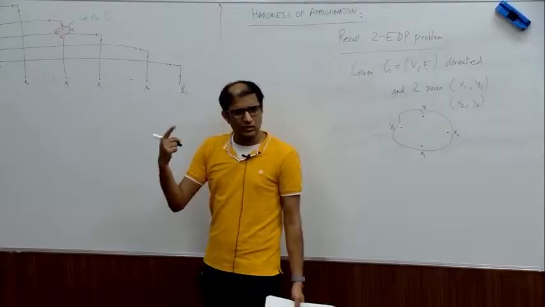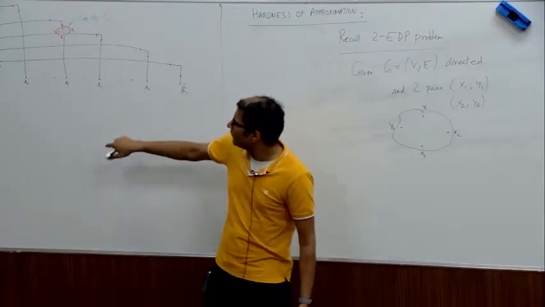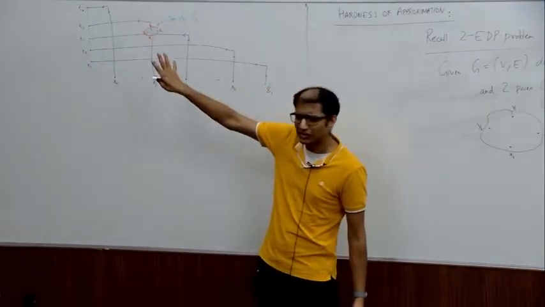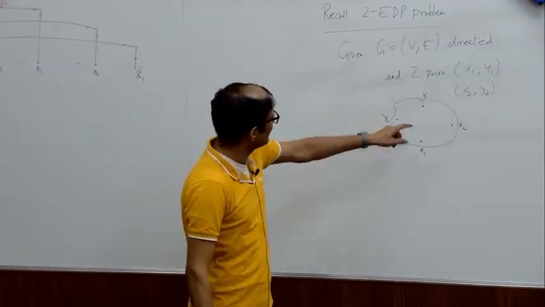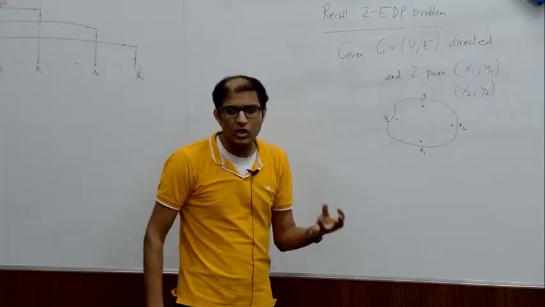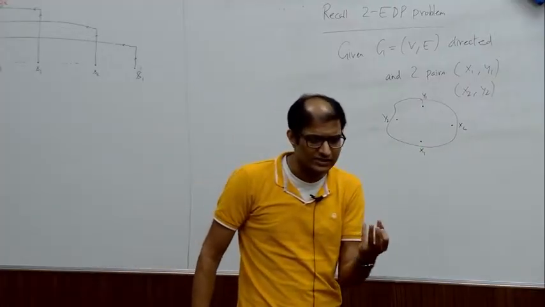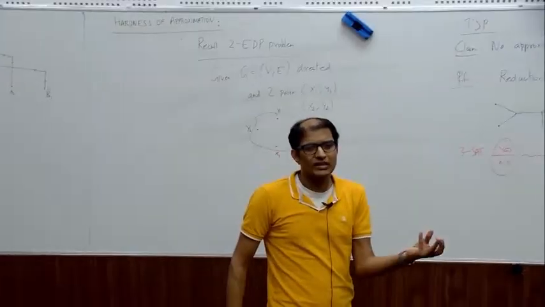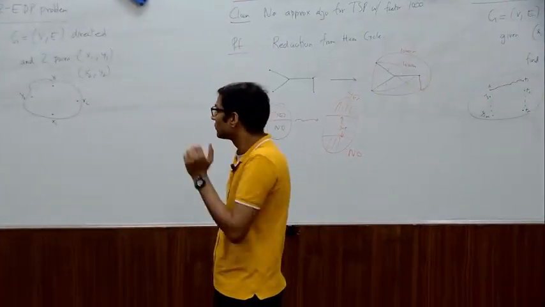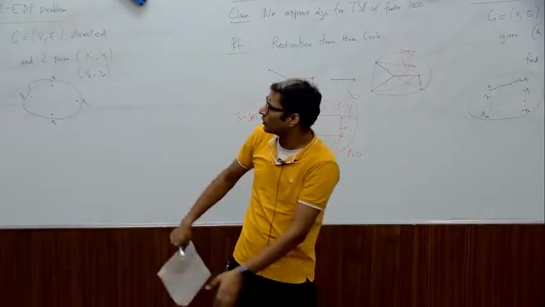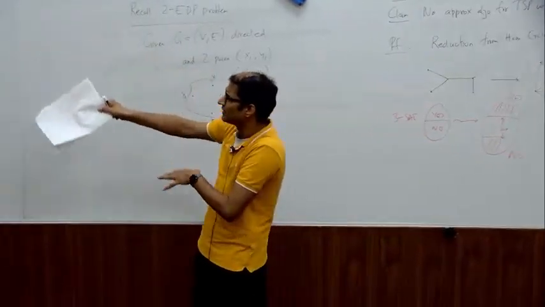The annoying thing that I do is that at every single intersection, I delete that intersection and what I put in over there instead is a copy of this EDP instance. The copy of this mysterious EDP instance, which you don't know whether it has edge-disjoint paths connecting X2 to Y1 and X2 to Y2 or whether it's no instance of 2EDP. So I put over there like a yes or a no instance of EDP,